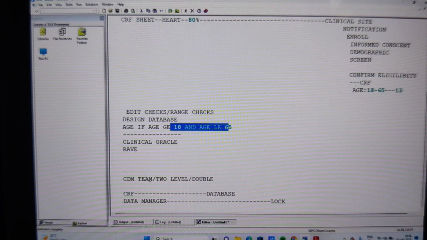Now the CDM person is going to escalate a warning, a notice, a notification, a ticket to the clinical site. Whatever the data value present in the CRF sheet, when I try to enter it into the database, if the database gives a warning, what do you call it? We call it a data discrepancy. What do you mean by discrepancy? A discrepancy is nothing but a mistake, an error. What do you mean by data discrepancy? Any data value which is unable to cross the age check is called a data discrepancy.